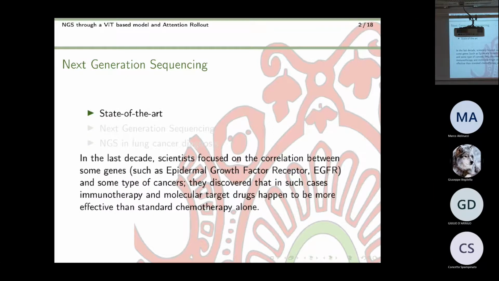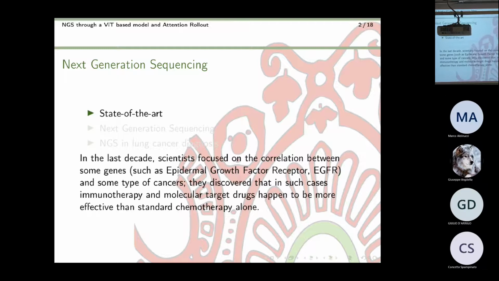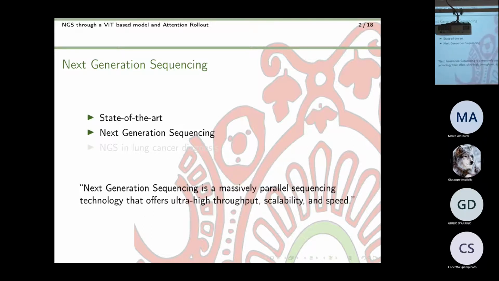So in the last decade, so very recently, researchers focused their attention in particular on the influence of some types of genes, like the EGFR, the epidermal growth factor receptor, on the effectiveness of some therapies to attack cancers. Next generation sequencing can be defined more generally as a massively parallel sequencing technology that offers